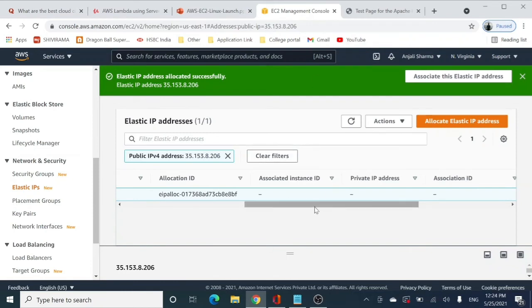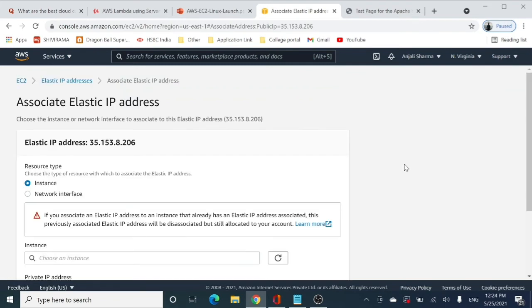So I'm going to go to actions and click on associate elastic IP address, because I have to associate this elastic IP with my instance or the network interface. Right now we are dealing with EC2 instances, so I will keep it checked for instances.